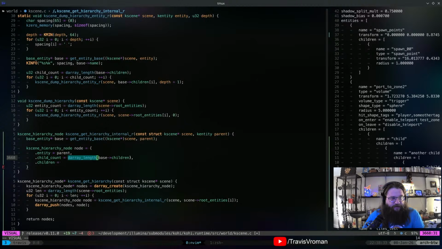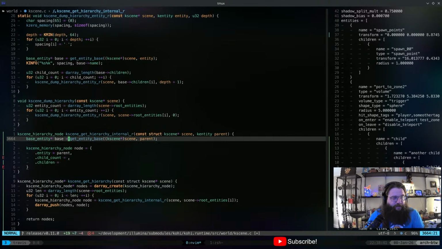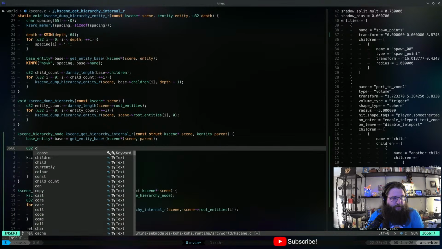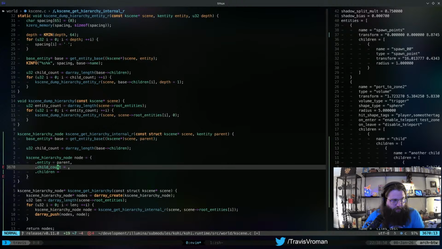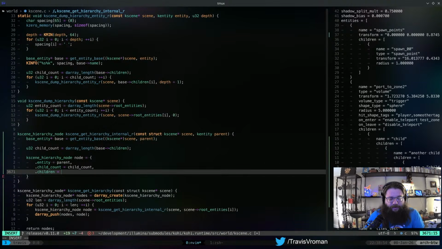let's take this and do U32 child count. Is that? And then we'll do child count as child count, right? And then we can do k array, klxc array, right? The type of this is going to be k-scene hierarchy node.